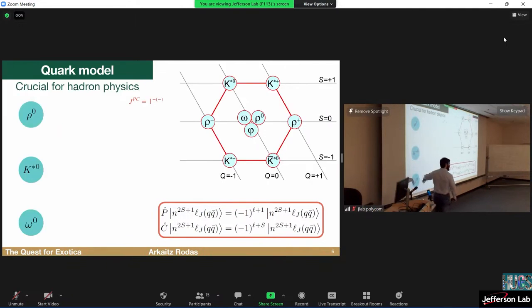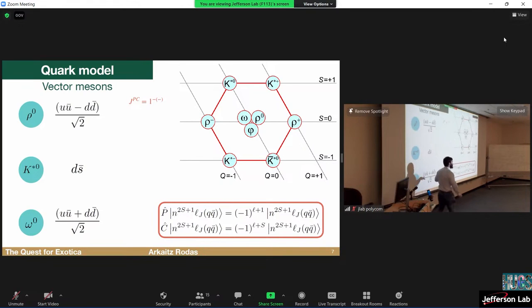So now let's go back to something simple, the vector mesons. We had 9 here, and I just put it to this side, 3 of them. So let's say that JPC was everything there was, and these are all the quantum numbers we care about. Well, J and P for these 3 mesons are basically the same. This one doesn't have a properly defined charge distribution, but the other 2 have. So they are more or less the same in terms of this quantum number. But the quark construction is not the same.